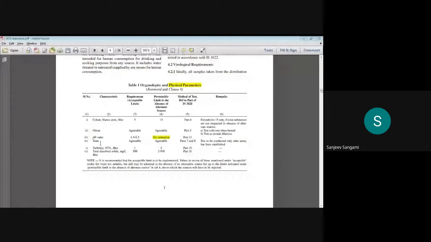Again, the test, how exactly it will be calculated. Then you have turbidity, that we will discuss. Then total dissolved solids. In the first classification, I said that we are going to classify total suspended solids, total colloidal solids, and total dissolved solids. This is one part of that, but you cannot find any solids other than these. We'll discuss that later. But at present, what you can do is just see which things are there in this IS code.